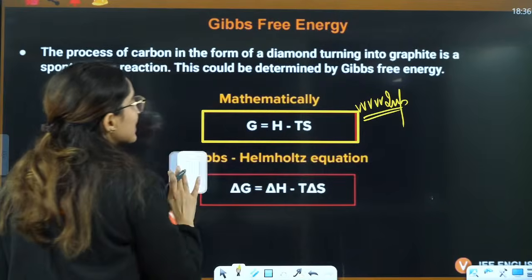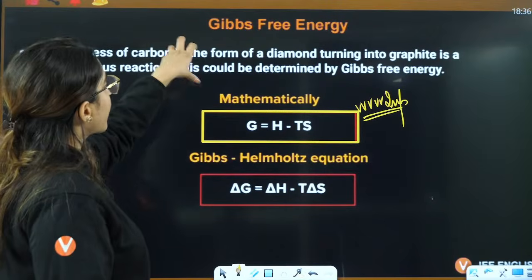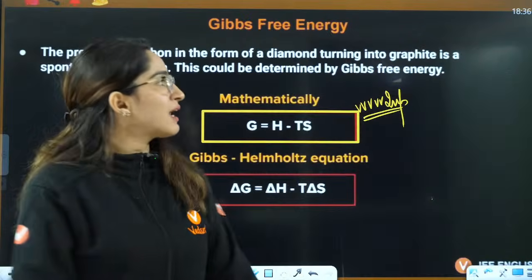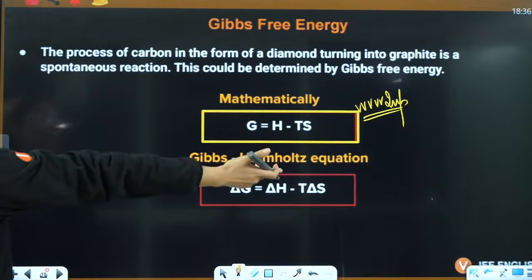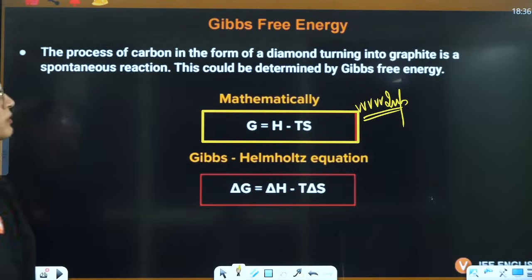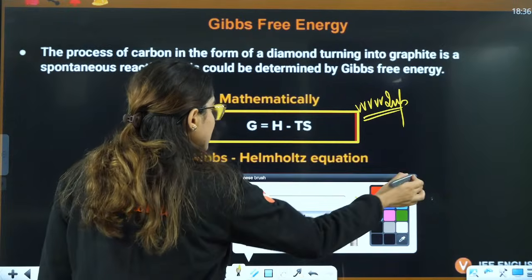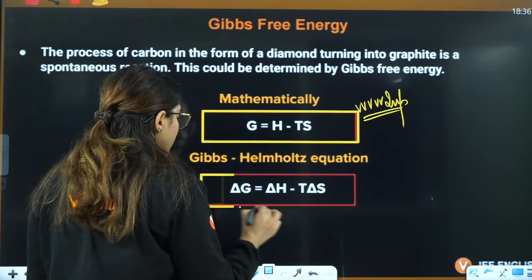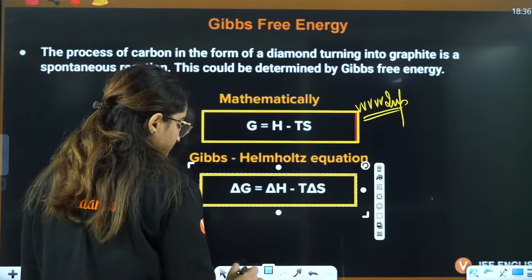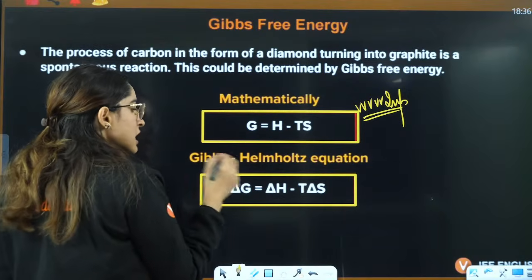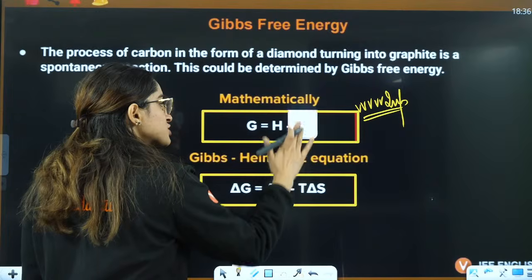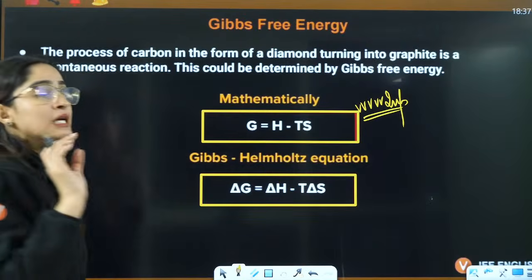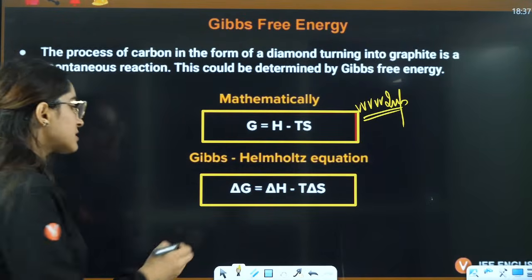Gibbs Helmholtz equation. If I say mathematically, the process of carbon in the form of diamond turning into graphite is a spontaneous process. This could be determined by Gibbs free enthalpy. How some processes are spontaneous, let's understand. That is determined by this Gibbs Helmholtz equation. G is equal to H minus TS. Now temperature I am saying is constant, so it will become delta G is equal to delta H minus T delta S. That will be the equation here,